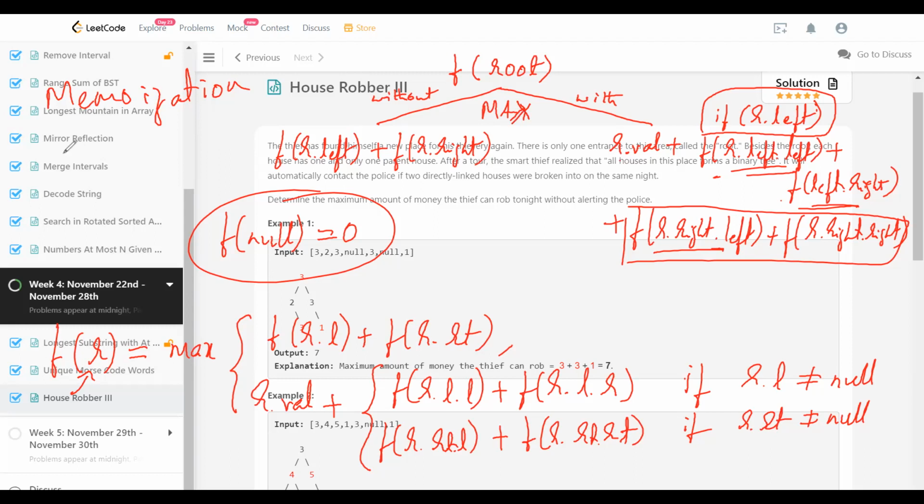So I'm going to use some kind of map, like a hash map, where I'm going to map based on the key, which is going to be the root pointer, and the value is going to be the optimal value for that whole subtree. All right. So that's the memoization I use. Making it bottom up is going to be difficult. That's why a classical dynamic programming solution won't be possible here as easily. But I'm going to just settle on the memoization solution itself. All right. So that's the approach. Let me show my solution here.